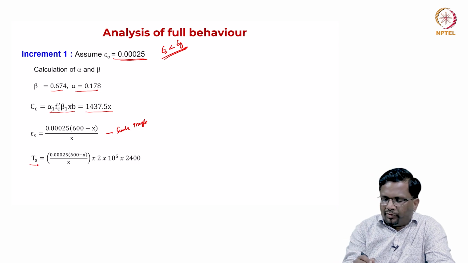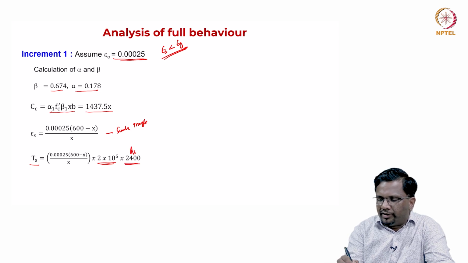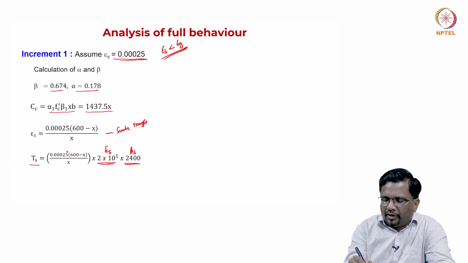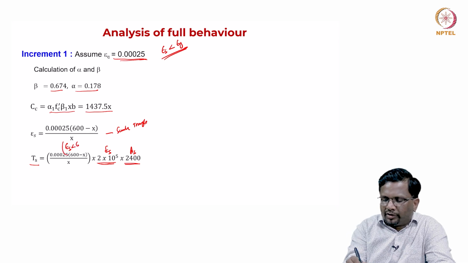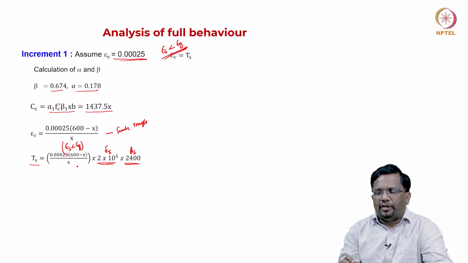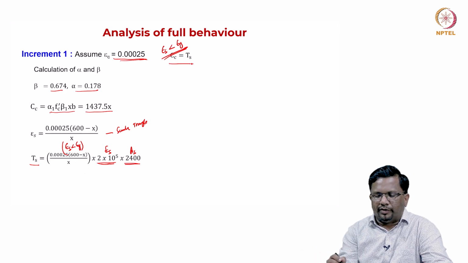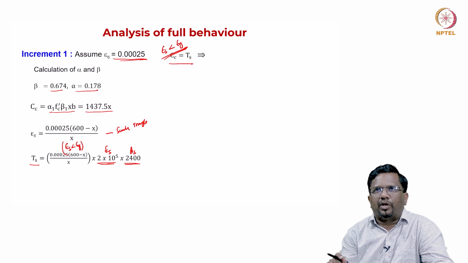Now, the tension force is nothing but strain multiplied by elastic modulus multiplied by area of steel. This is As, this is Es, and this is your epsilon s. And here I am assuming that epsilon s is less than epsilon y, right. Then only I can express it like this. Then this is the condition. So, when you equate Cc equal to Ts, everything can be formed in the form of a quadratic equation